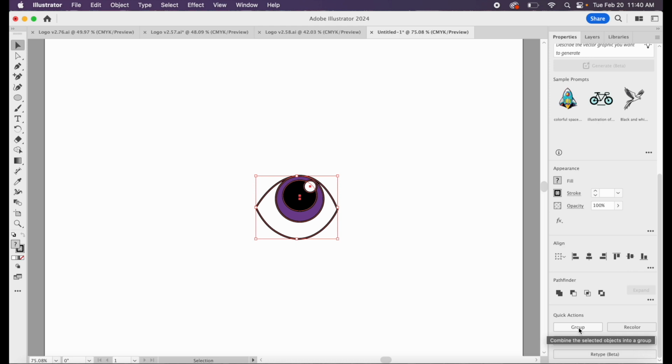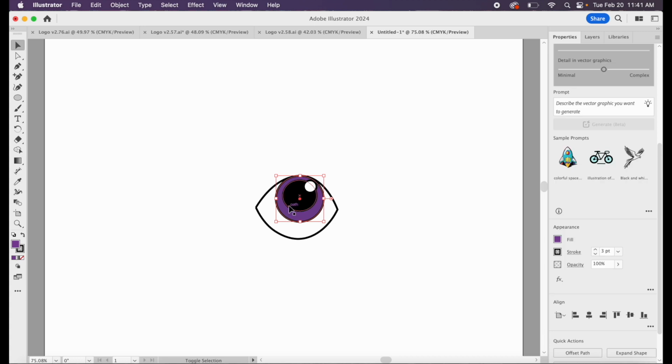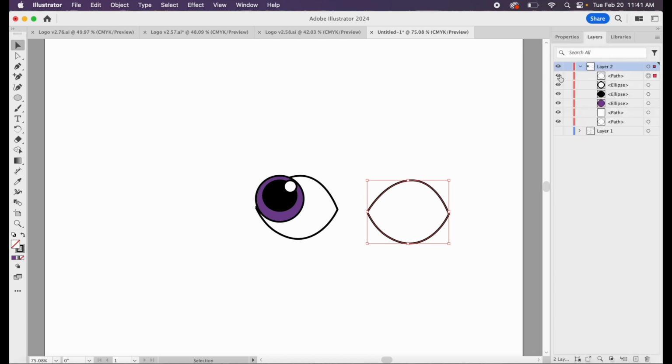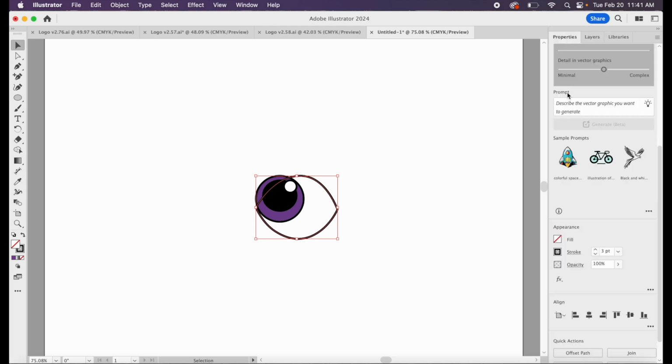else with it. For example, if I wanted to just group the pupil and move it over so the eye is looking like it's moving, I can do that. Then I can select this, the outline, click Command C, Command V, or Control C, Control V. Now I have that shape. Make sure that it is stacked correctly. It is. So now I can come over here, align everything, and then I can go to my properties,